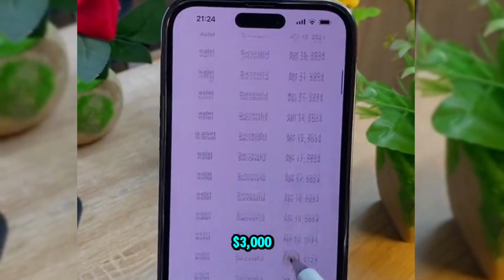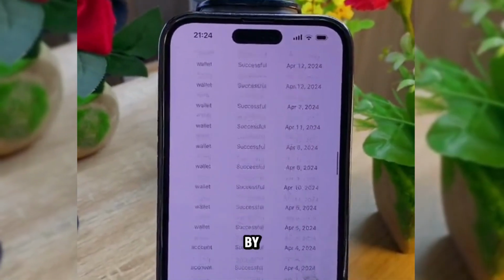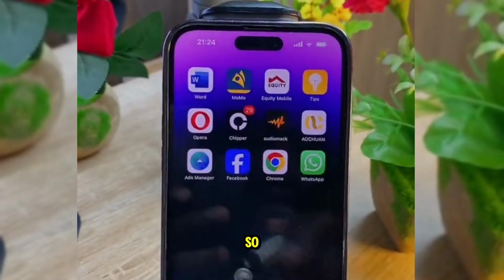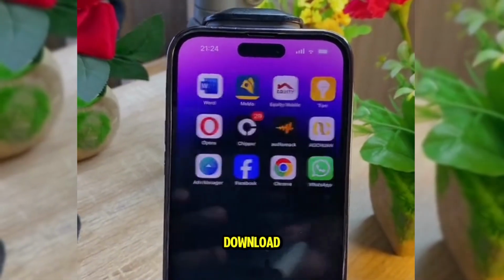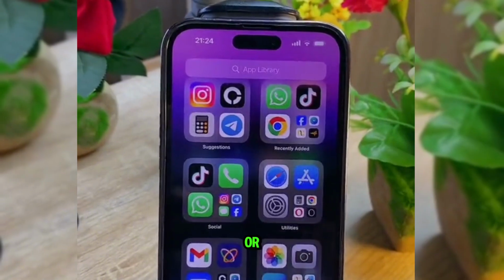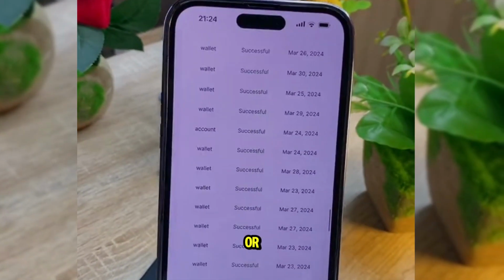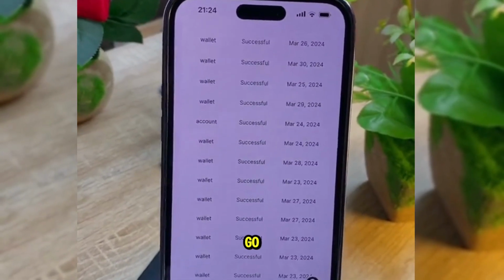You can make over $3,000 every single month by copying and pasting from Pinterest to TikTok. So you're going to download your Pinterest app from the Play Store or App Store. After downloading the app, or alternatively, you might choose to go to